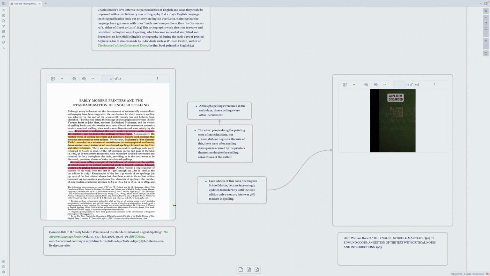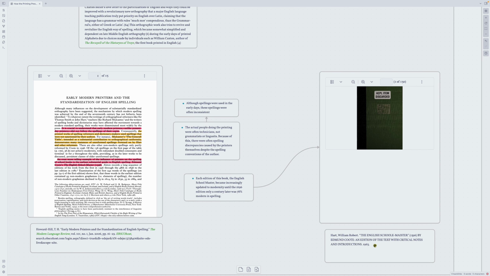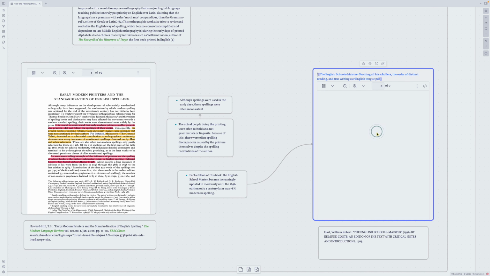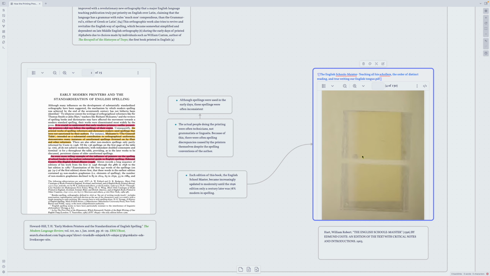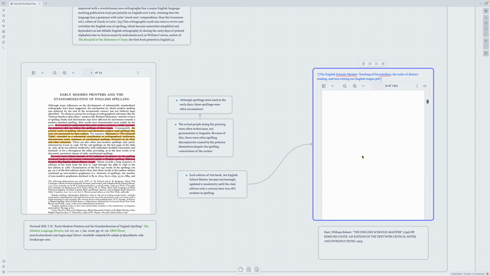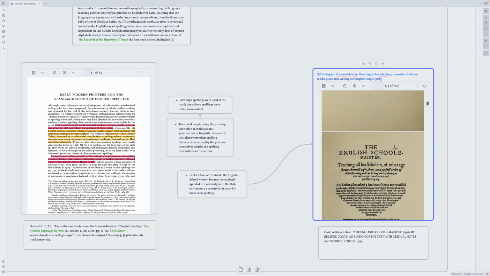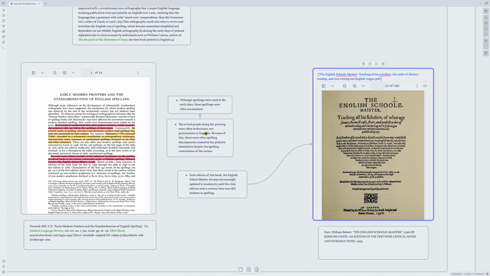So one of the important works in grammar at the time was this book, The English Schoole-Maister by Edmund Coote. It doesn't want to load quite properly here. That's okay, we don't necessarily need the visual. So basically, here we go. As Howard Hill said here, basically,